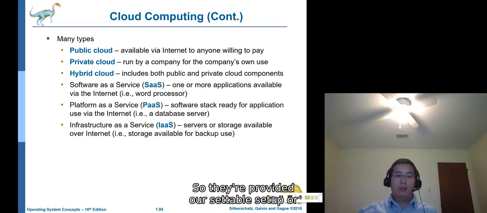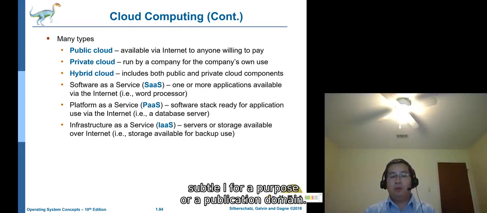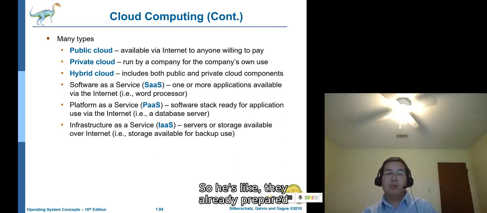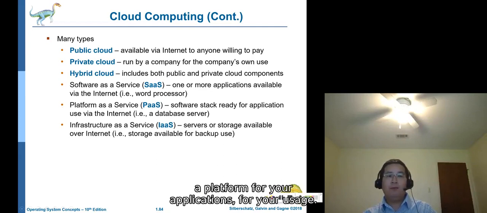So they provide a set of software for a purpose or application domain. So you have a stack of software. It's like they already prepared a platform for your applications, for your usage.